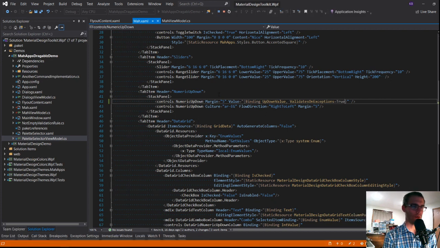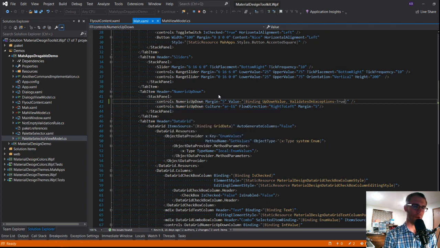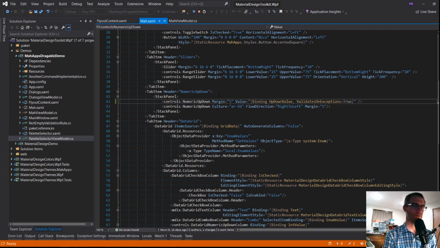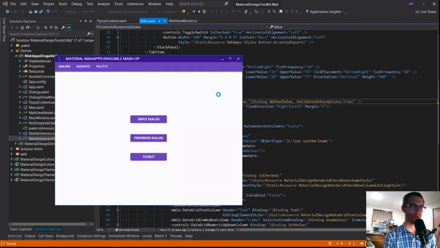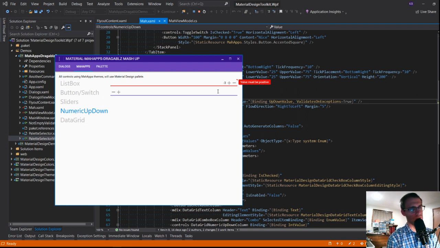You do have to turn it on to make it work, but it's a simple and easy way to do it. Because in general, you don't want your bindable properties throwing exceptions. It's usually a bad idea because exceptions are inherently somewhat expensive. Every time you new one up, it has to go through and value must be positive. Yeah, you can kind of see the hang there on each of those because the exception is being built up and thrown, it is a little laggy. I believe that's the appropriate.